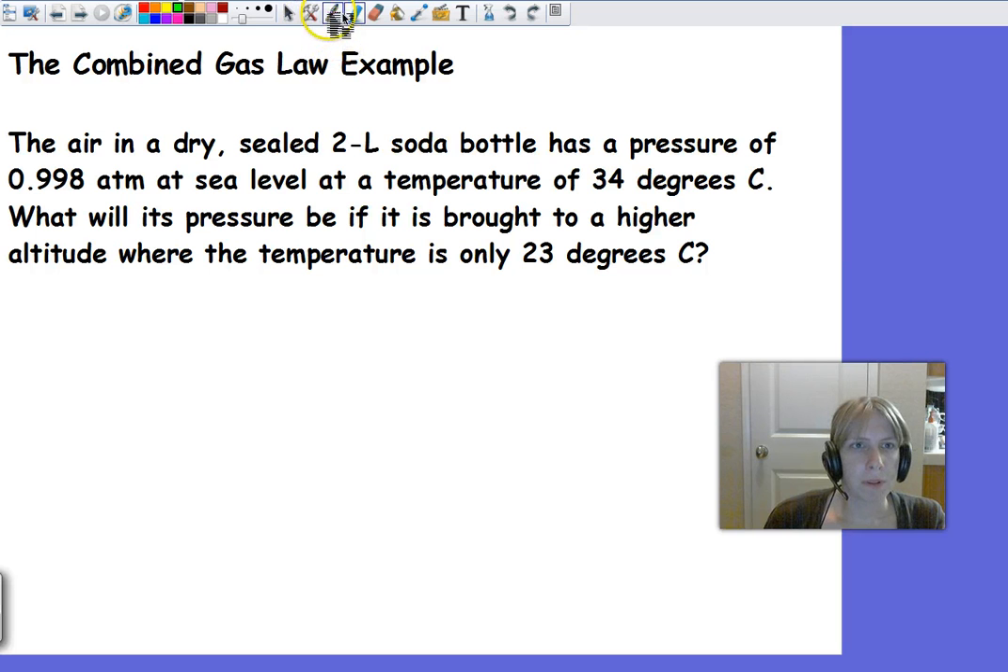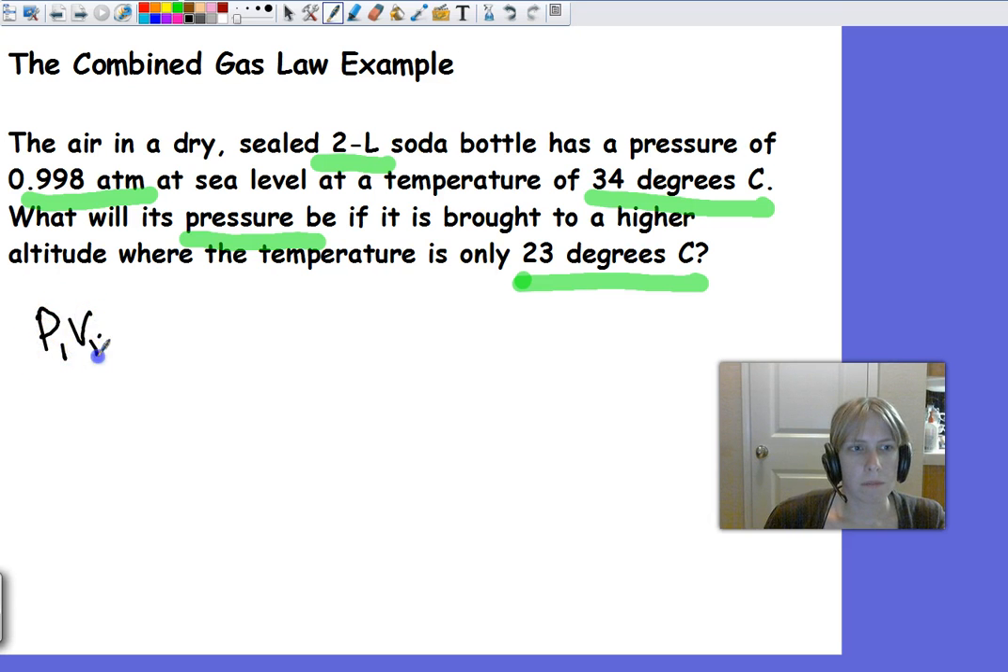Now for our example, we have air in a dry sealed 2-liter soda bottle, has a pressure of 0.998 ATM and a temperature of 34 degrees Celsius. What will its pressure be if it's brought to a higher altitude where the temperature is only 23 degrees Celsius? Now, if we write our equation, we have P1 V1 over T1 equals our P2 V2